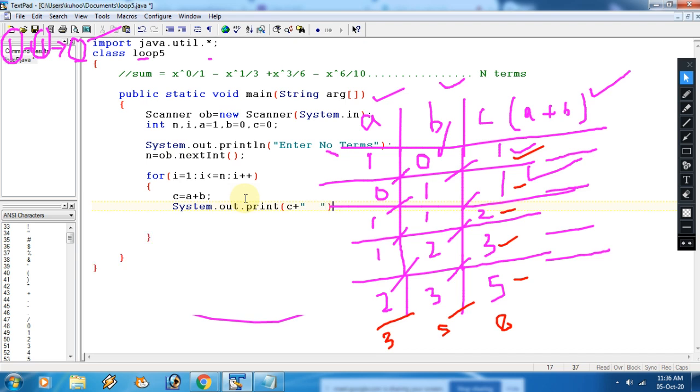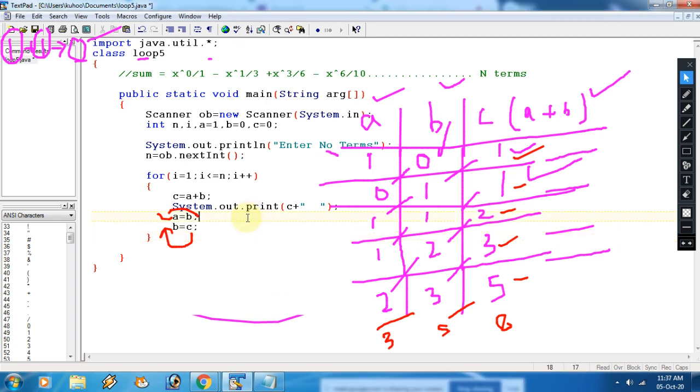That is your term. After that, we are shifting the value of B into A. That means B must be on the right side and A must be on the left side. So the value of B is coming into A and then the value of C is coming into B. Now the program is over. I hope the logic is clear everybody. Now see, this is your A, and now B's value is coming into A and C's value is coming into B. So the same thing every time will repeat.